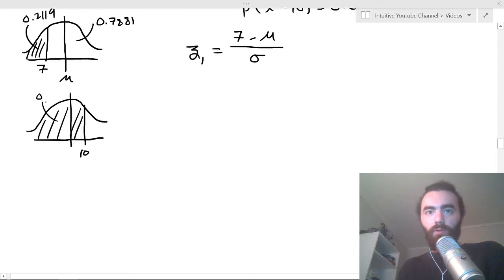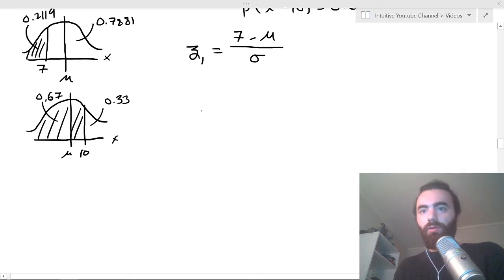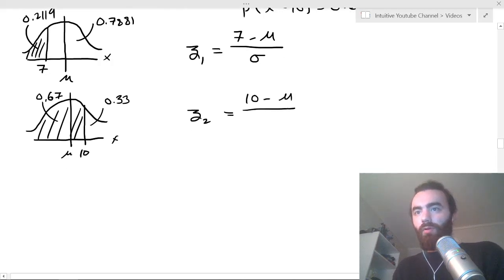This is 0.67, so this area is 0.33, 1 minus that. This is your mu, it's x. So your corresponding z-value, we could call z2 for this situation, is equal to 10 minus mu over the standard